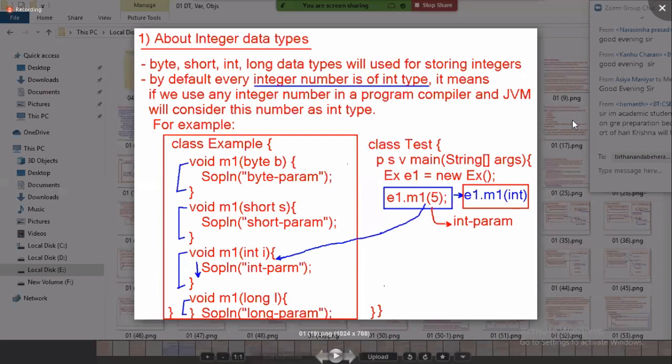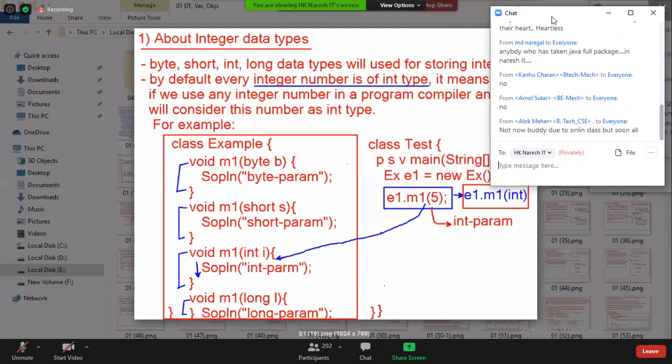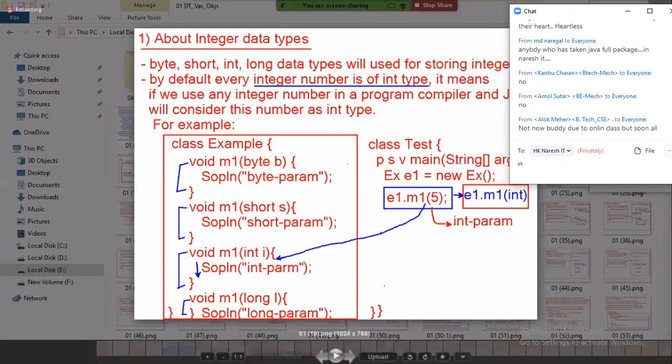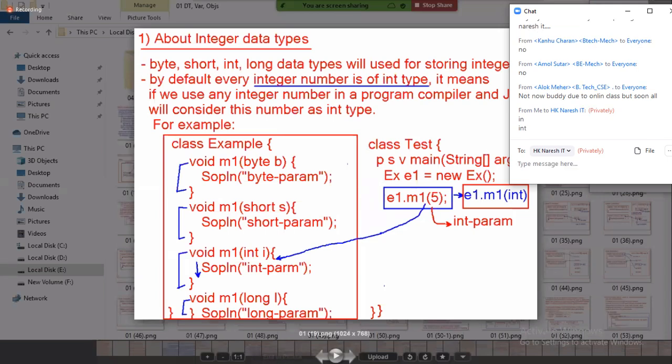For taking decisions and handling problems, these 11 people have one common default person to talk to, called the captain. So who is the captain among byte, short, int, long? The captain is int. That means every integer number is by default considered as int type.